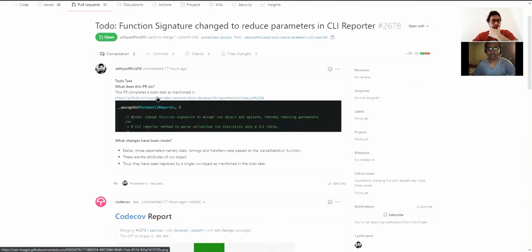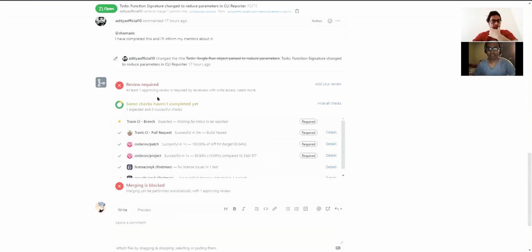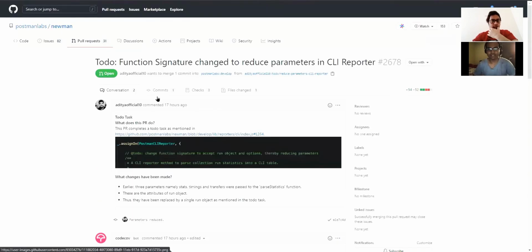Similarly, you have some task in the project idea list. You can just create a dummy PR and show that this is how I will be approaching it if accepted. So yes, you can start experimenting basically. Try on your local machine: I am trying to do this, will it work? If it works, then